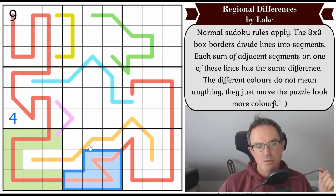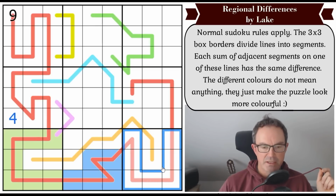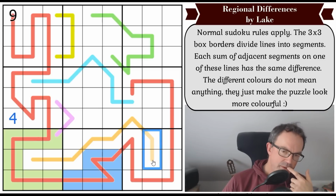Because if we then go down again, these would add up to 29. And that feels like it's possible. Although, no, it's not possible. Because then...